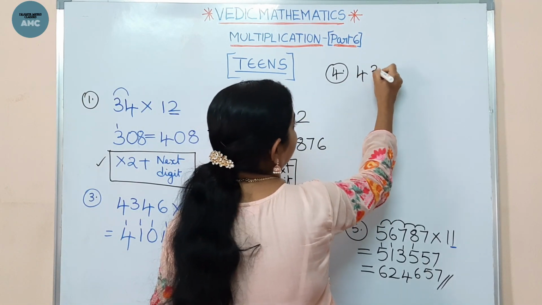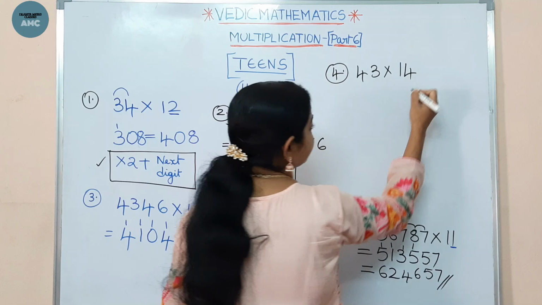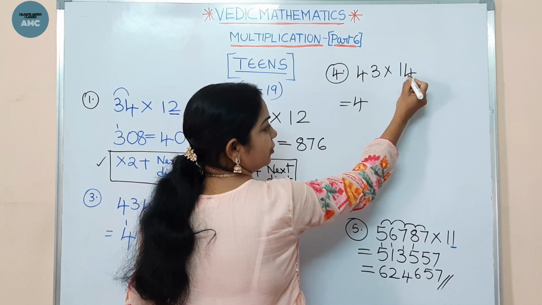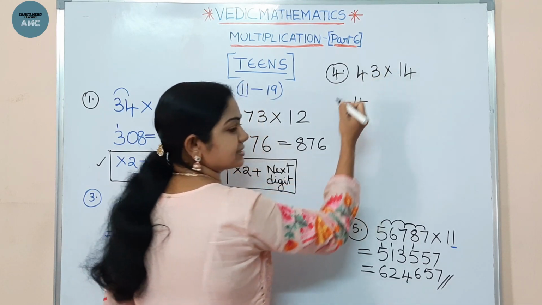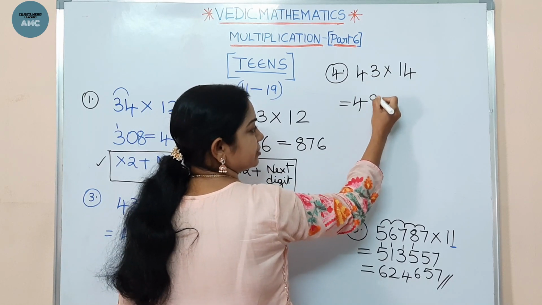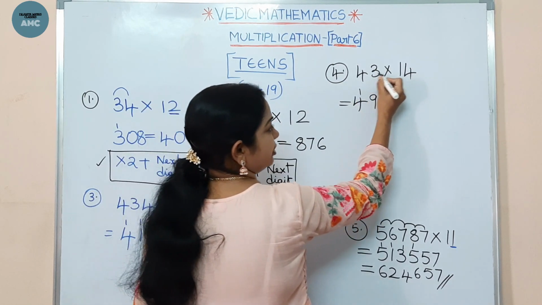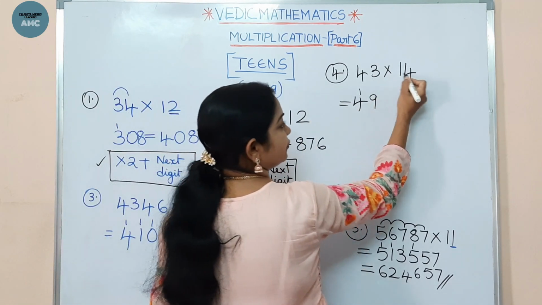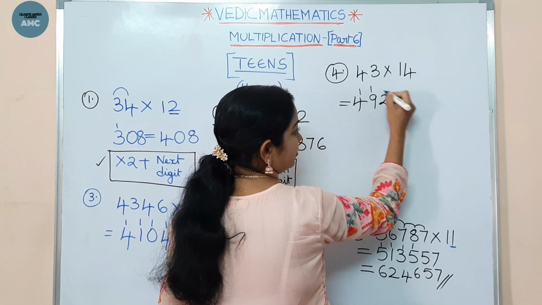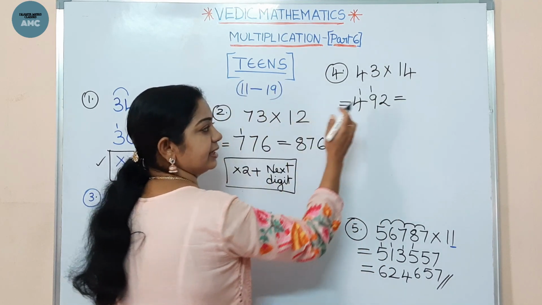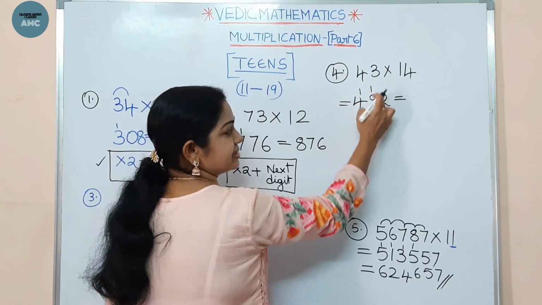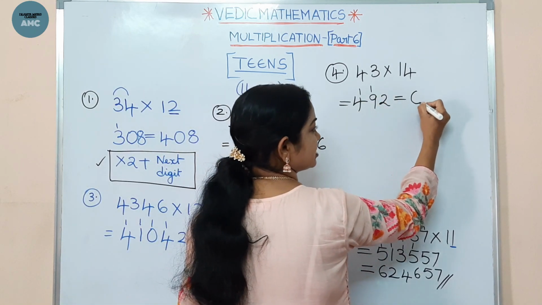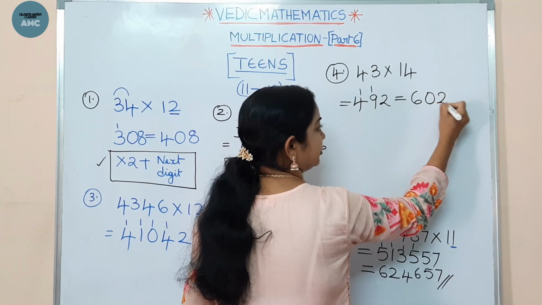Now if you take 43 into 14, let's start. The first number as it is, 4. Now here multiply with 4, add the next digit. 4 4s are 16, 16 plus 3, 19. So 9 and 1 carry. Now 3 4s are 12. After that there is no digit to add, okay? So 3 4s are 12. So 2 and carry 1. Now the answer here is, here 4 plus 1 is 5, but that is a carry number, so this should be increased by 1. So this comes to 6. Here drop the end number, 2.